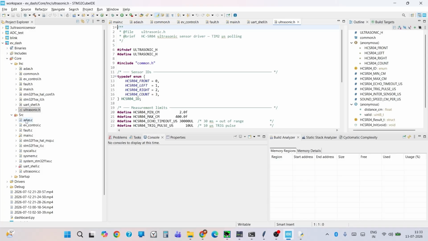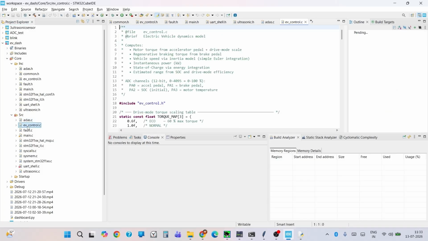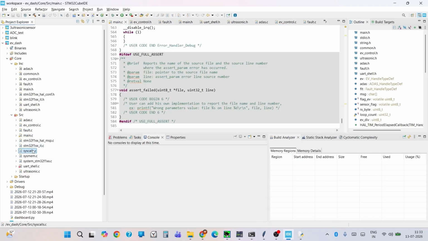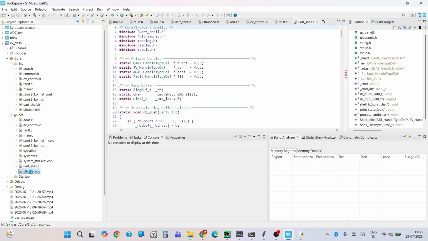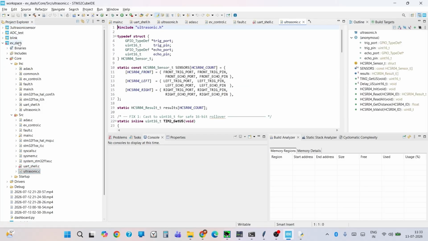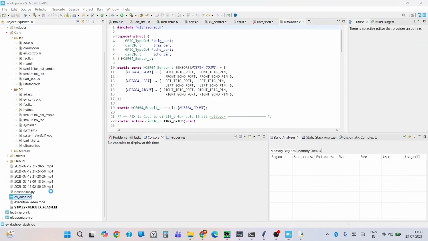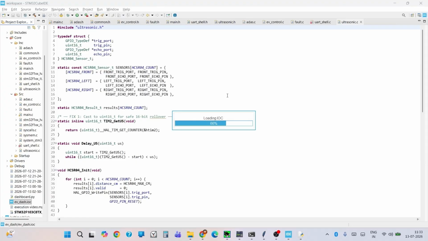And in source, we have all the main files in C language: adas.c, evcontrol.c, fault.c, main.c, UART shell.c, ultrasonic.c. Okay. I think we must look at the IOC file once, so we can understand what GPIO pins we have used